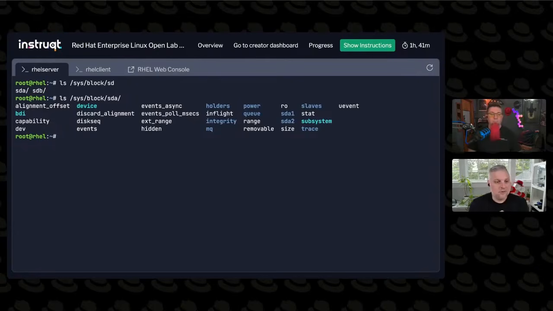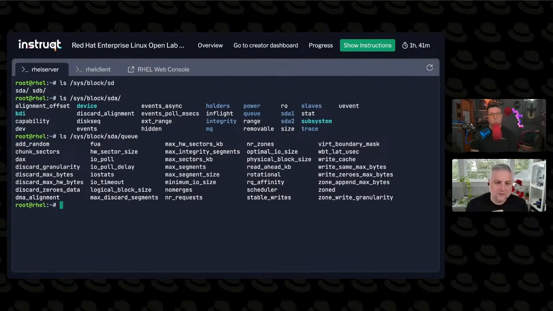Right. So down here in /sys/block/sda, these are all the things about this specific device. We see things like its size, whether it's removable or not, and a bunch of other stuff, its partitions. But what we're interested in today is queue, because queue tells you your I/O settings for your I/O queuing. And there are some parameters, and we'll take a look at a couple of these later on the show. But for the disk scheduler specifically, it's in the file called scheduler. So instead of listing it, I'm just going to cat